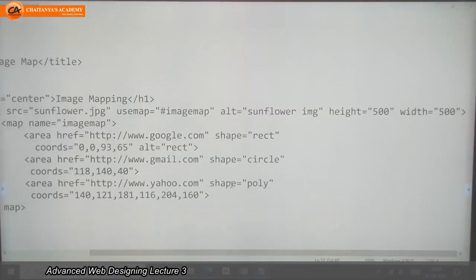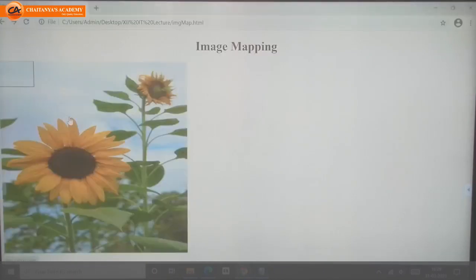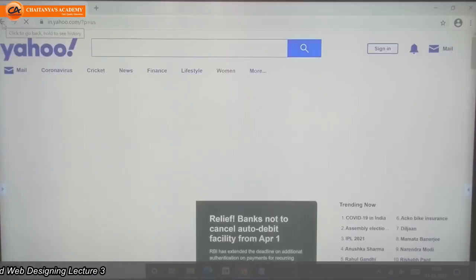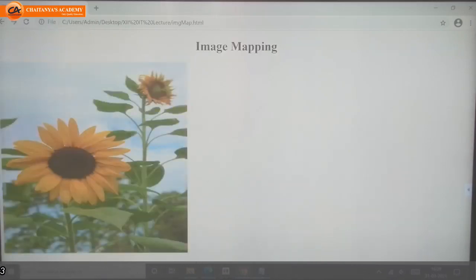Next area, polygon shape with Yahoo. So we'll check. This is the rectangle, this is the circle, and see, this is the polygon. Once I click on this, it will open this Yahoo address, the Yahoo web page, home page.